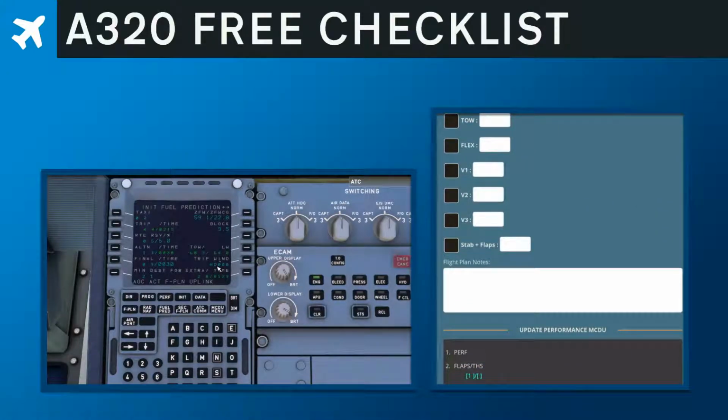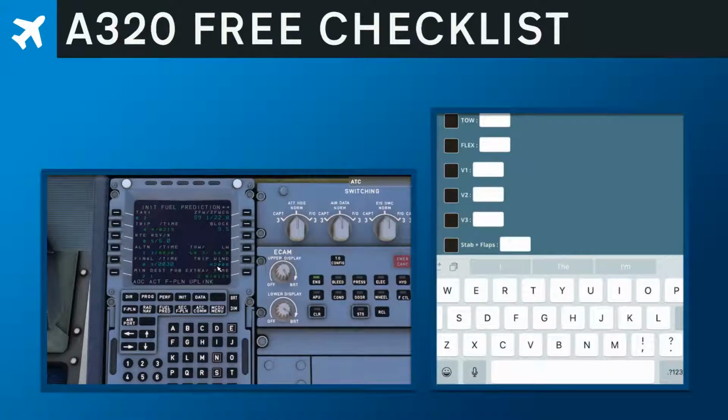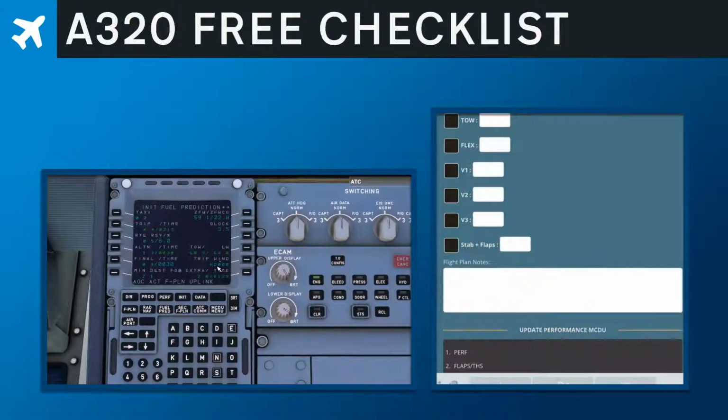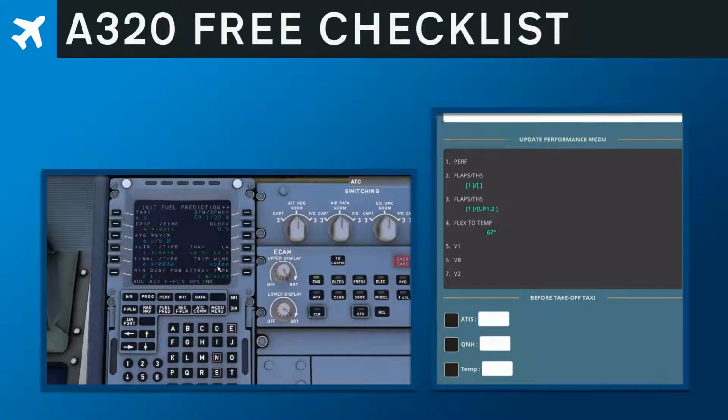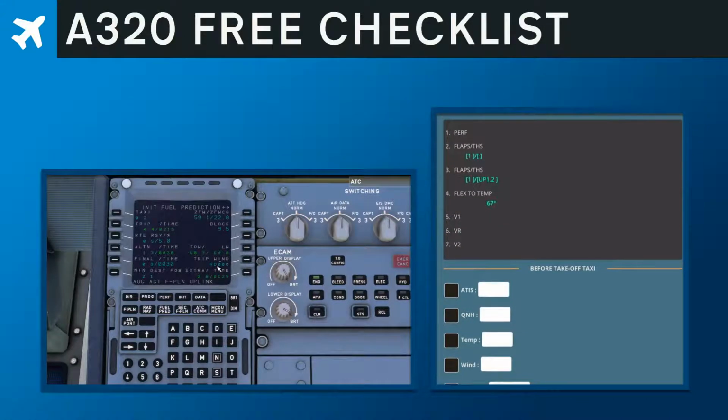Basically on this next section on the checklist, there's an option to jump over to the online weight and balance calculator for the A320, but we're not going to do that this time. What we're going to do is pull in the information from the aircraft's computer. So what we do now is go to the performance tab,